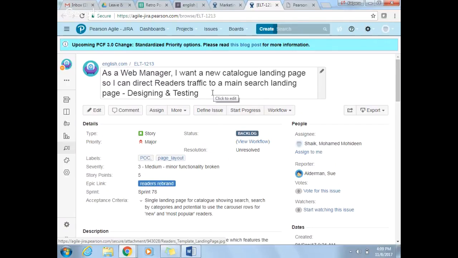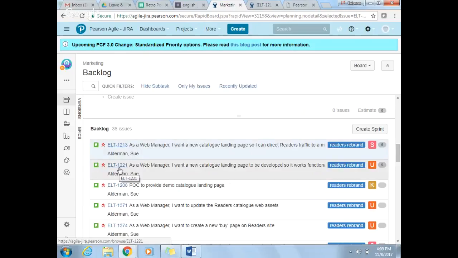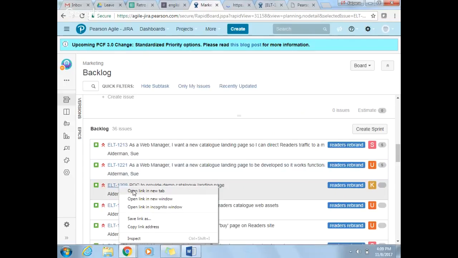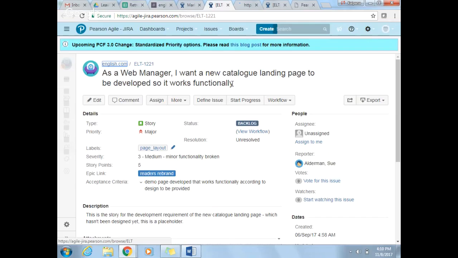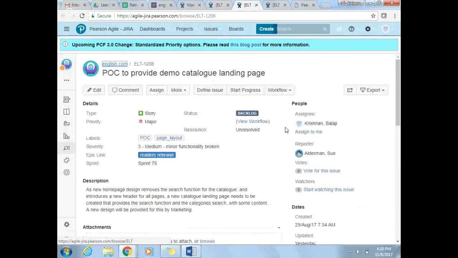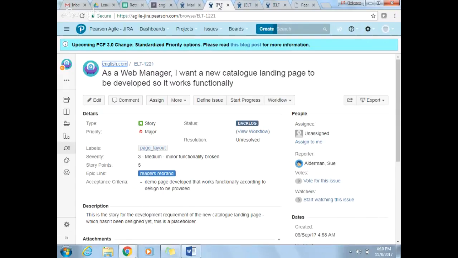Okay. So, team, just tell me whether the story is only for designing or we are covering testing as well. And Sue, we also have 2 other stories for the same purpose, 1221 and 1208. Yes. Now that's because you asked me to put those 3 stories together. Yes, one for designer and the other for Balaji for the development work. So we have 2 stories for development, like want to take it as a POC, and if you approve the POC, then we will work on the actual story. Are we sticking to that plan, Sue?